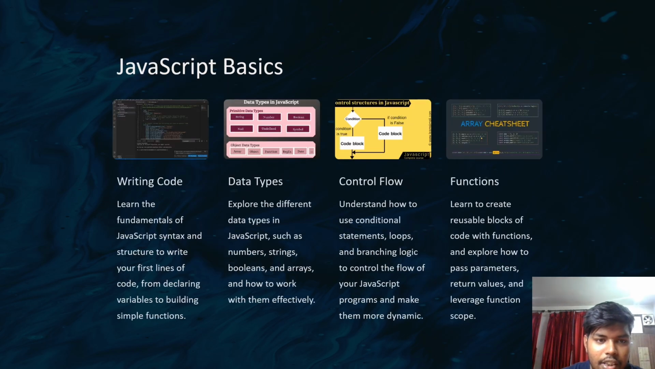In JavaScript basics, writing code, data types, control flow, and functions are required. In writing code, the basics require JavaScript syntax and structure to write your first line of code, from declaring variables and functions in it. In data types, there are many types such as numbers, strings, booleans, and arrays, and how to work with them efficiently. In control flow, understand how to use